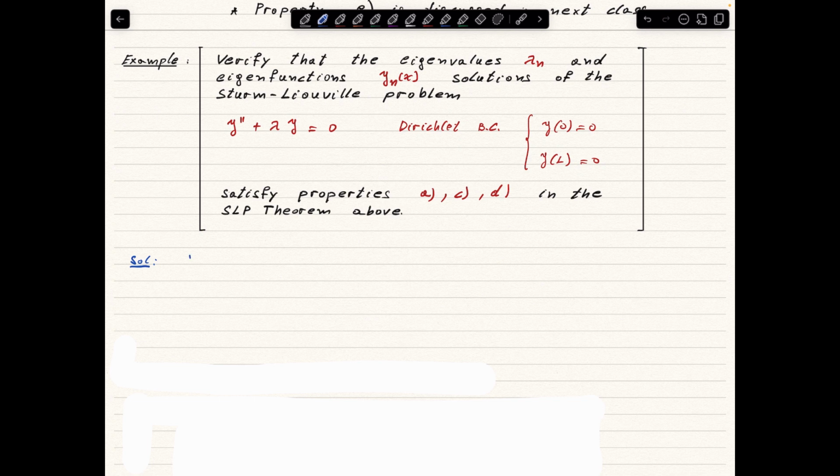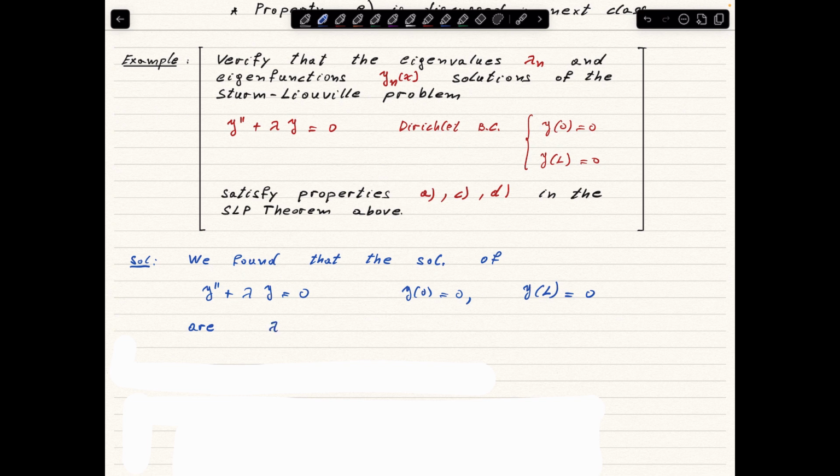So we found, let's recall, in a previous video that the solution of the eigenfunction problem that we wrote over there. So recall the eigenfunction problem is y double prime plus lambda y equals 0 with Dirichlet boundary conditions, which are y at 0 equals 0 and y at L equals 0, are given by,